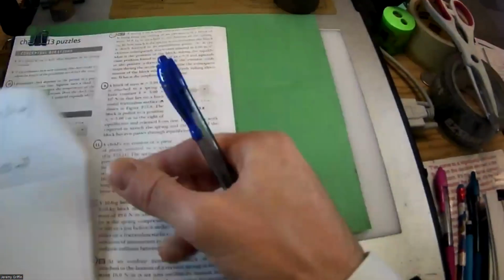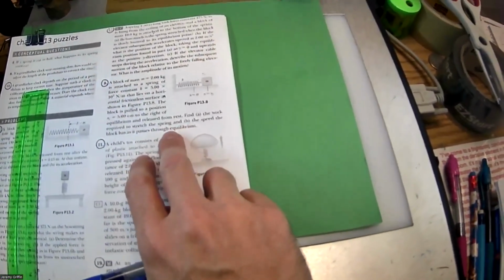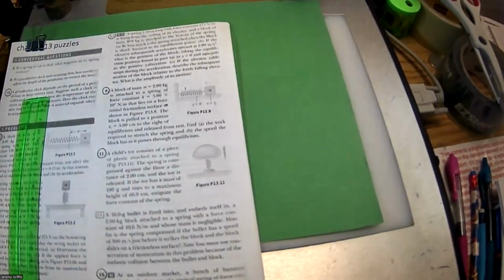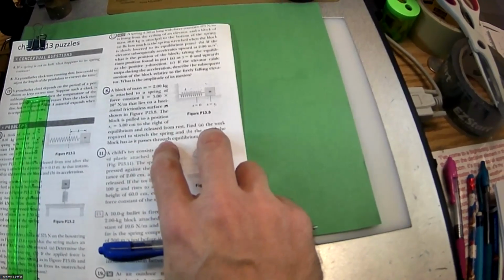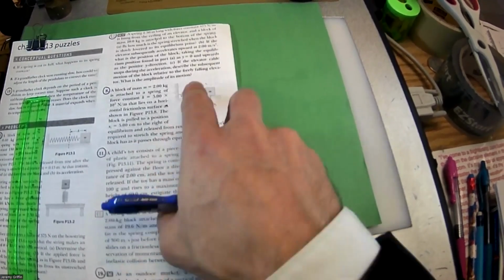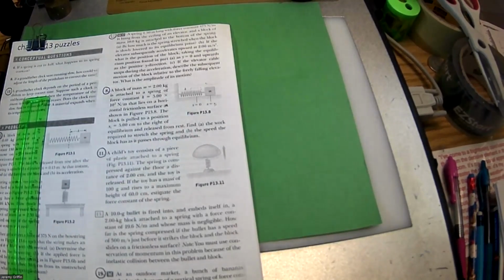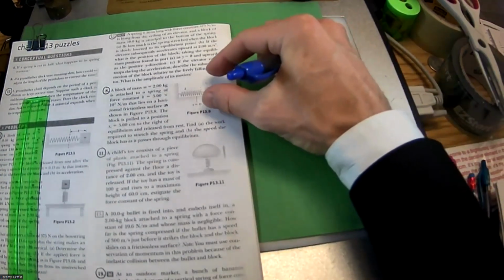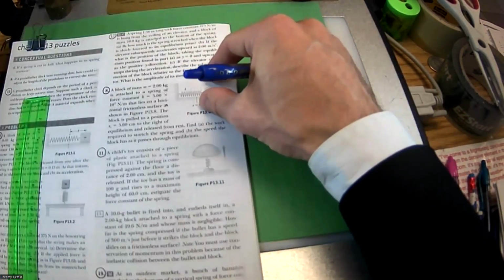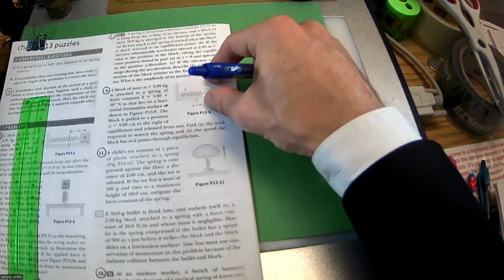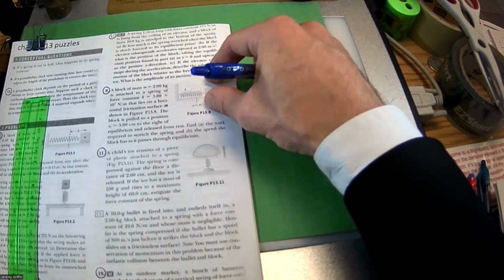There's a part B on this. What's the speed of the block as it passes through equilibrium? The most important thing with that question is, do you know the framework you would use to solve that? How are you going to figure out the maximum speed going through the equilibrium point? Boom! Conservation of energy. At the point that he's holding it right here, you know exactly how much energy is in the system, it's this many joules. More generally, just say 1/2 kx squared, spring energy. Then you let it go.